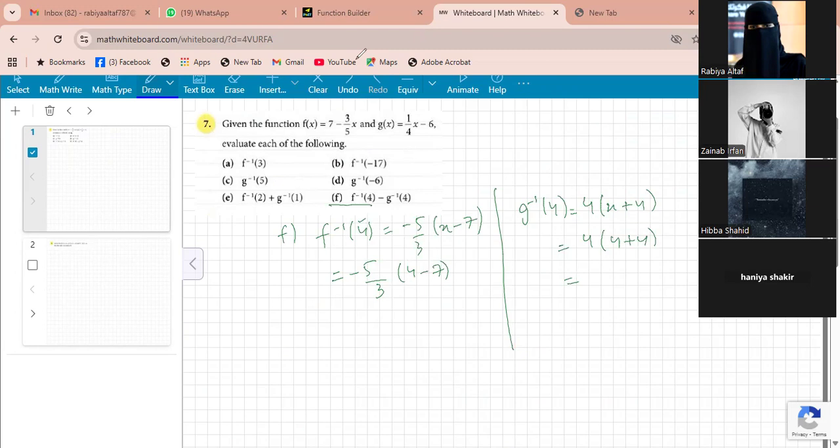3, 3. First, we need to solve this bracket. It will be minus 3, I guess, right? Then we can cancel these two numbers as well. And after cancelling, we need to multiply them, minus minus plus, and we got 5 only. What about this part? This is so easy.